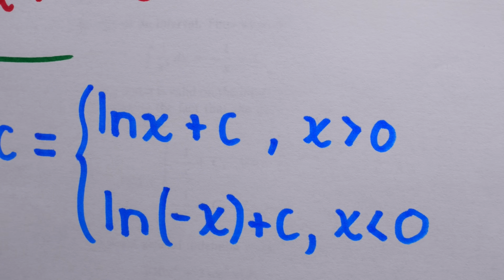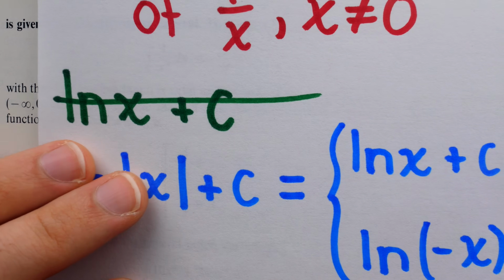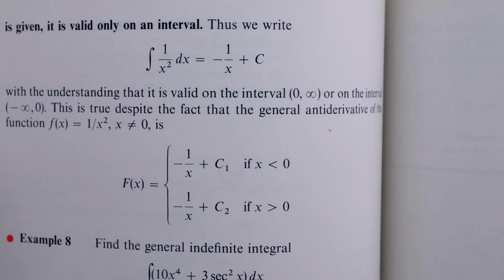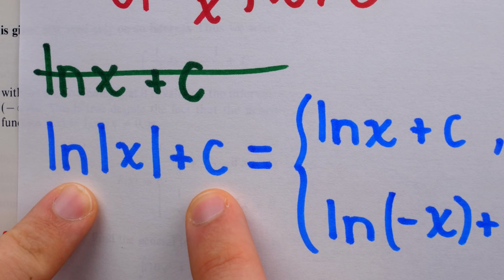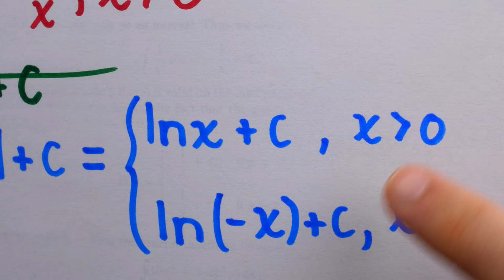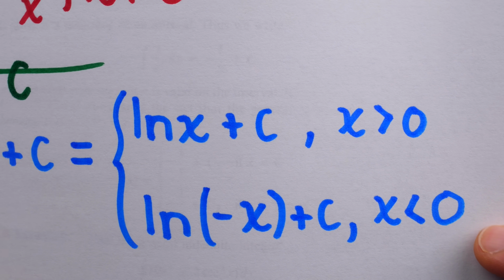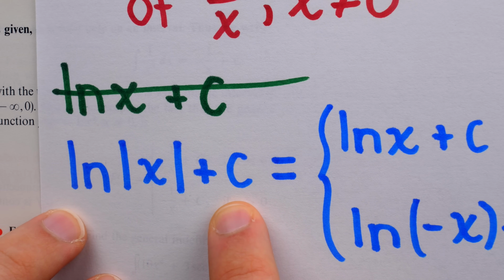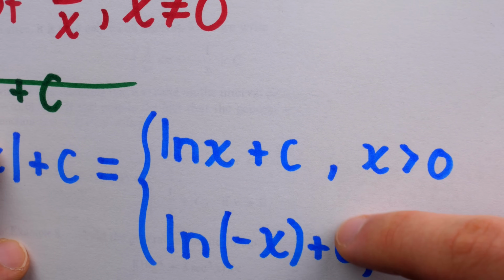Teachers who are unaware of this distinction and have just been using this answer can rest easy knowing that all they need to do to correct for the details is explain the convention, just like Stewart's Calculus does, that when we write that plus c and give this antiderivative formula, we understand that it applies only on a particular interval. It may be the positives, it may be the negatives, other functions, we may have different intervals to consider, but it's only on a single one of them. If for some reason we needed to consider the antiderivative across separate disconnected intervals, then we might want to allow for separate constants. I'll take this precious first edition back into my vault